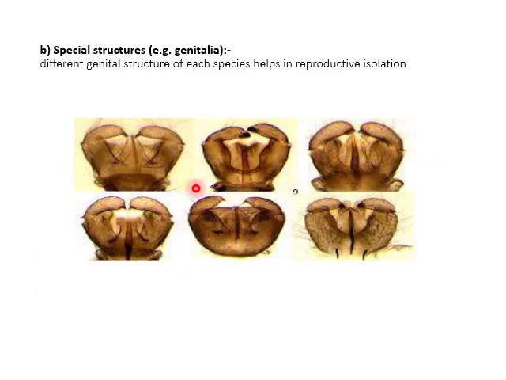If we talk about genital structure, that was called a special structure, which may help in reproductive isolation. Here are the different structures of genitalia. In this structure you can see this combination of claspers, and in this you can see the difference between these two claspers, and you can easily observe all of the six different claspers that are very different from one another.